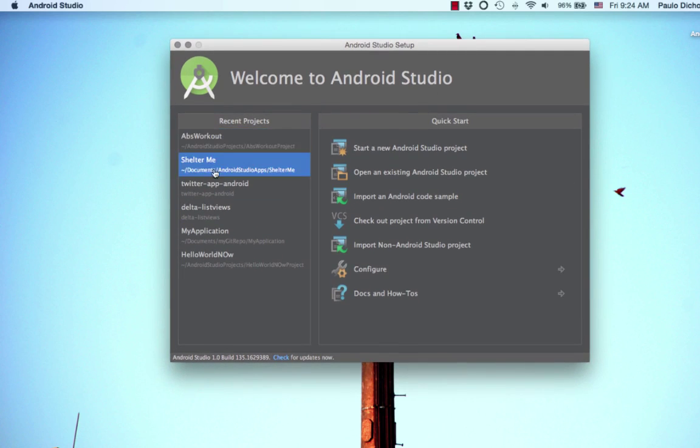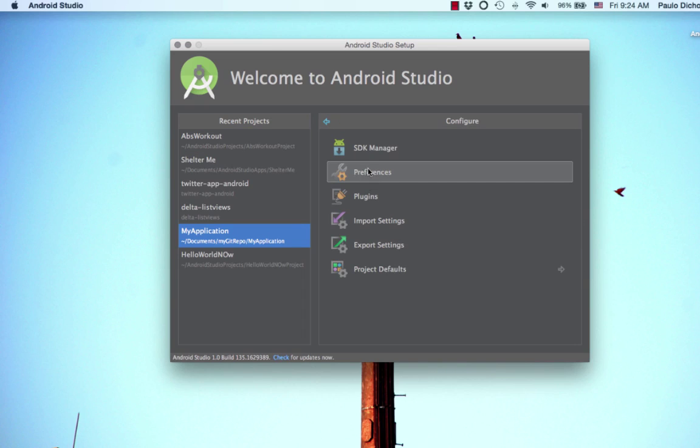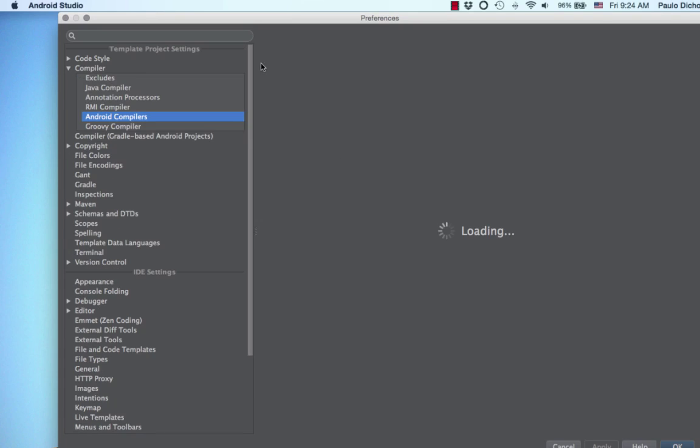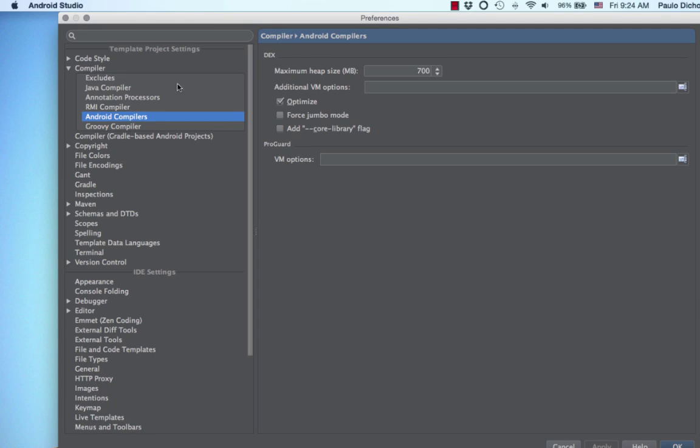And as you can see, it says I already had some applications, but in your case you probably won't have anything here. It says recent projects. Let's go to configure, preferences, and here in preferences we can